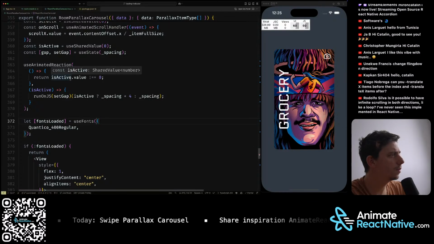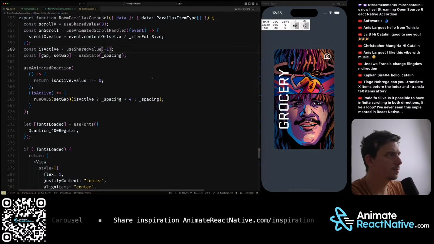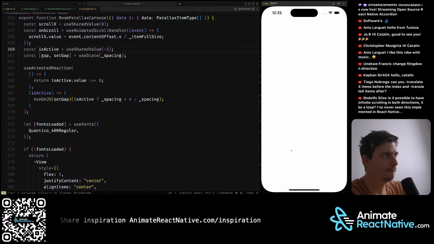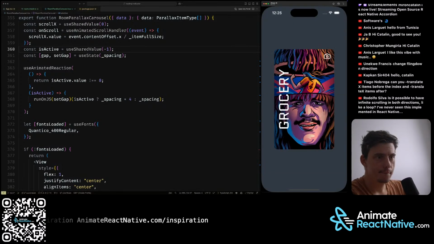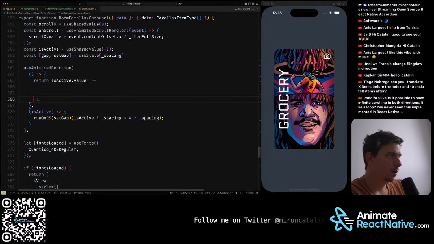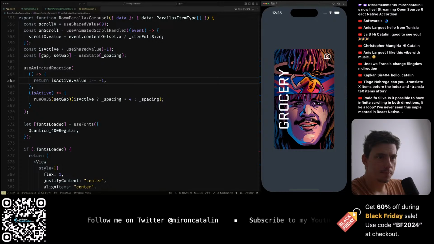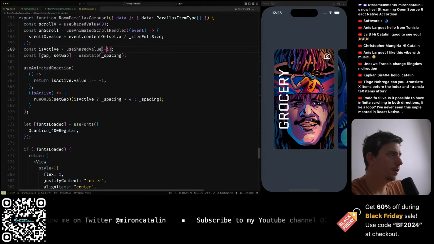Why is this the other way around? Oh, because this should be -1. Right? So if it's different than -1, actually, and